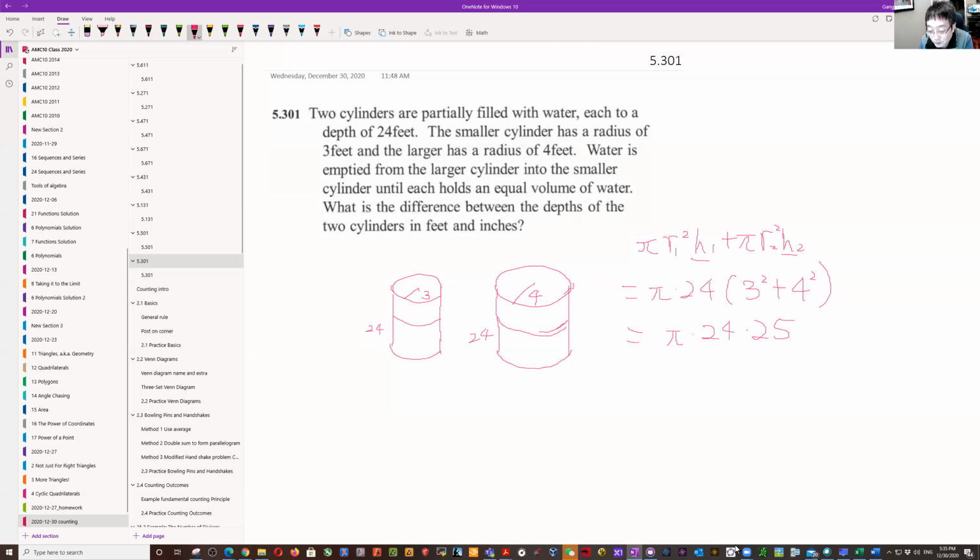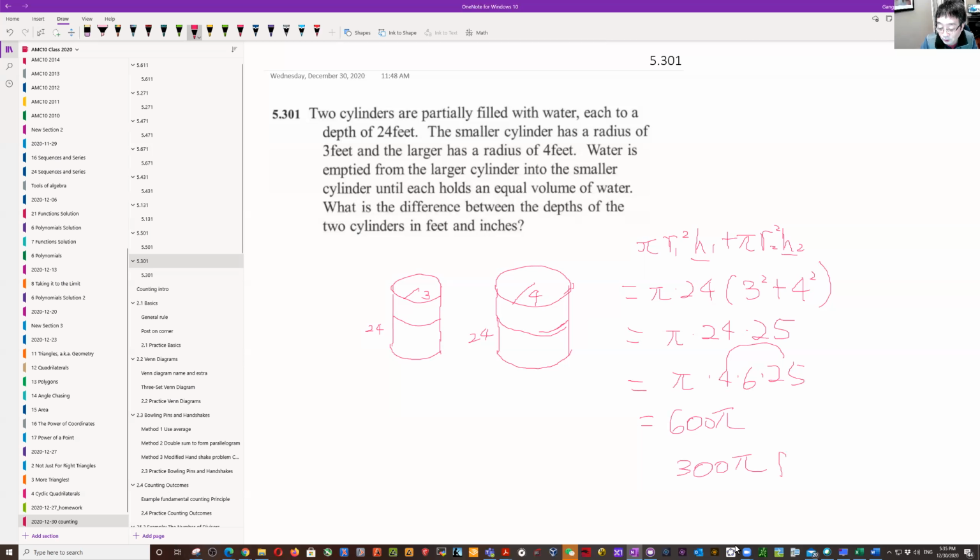When you see this type of thing, usually it's best to make a 4 and try to do it. So it's pi times 4 times 6 times 25. We know 4 times 25 makes 100, and this is 6. So basically it's going to be 600 pi. And 600 pi is the volume of all the water in both cylinders. So in order to even the water volume between those two cylinders, each cylinder should have 300 pi